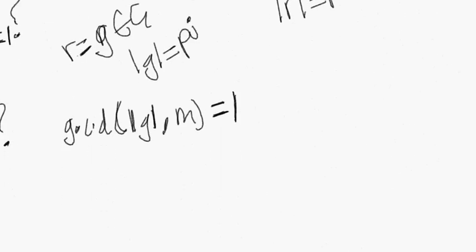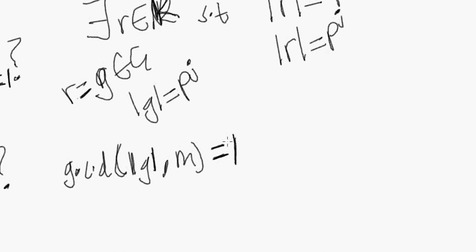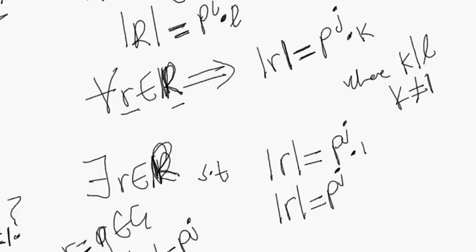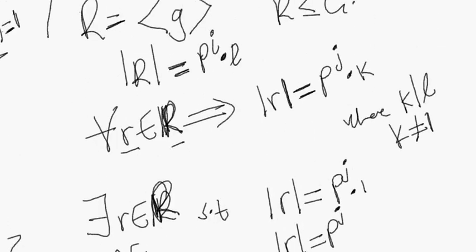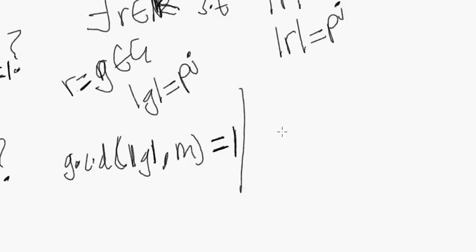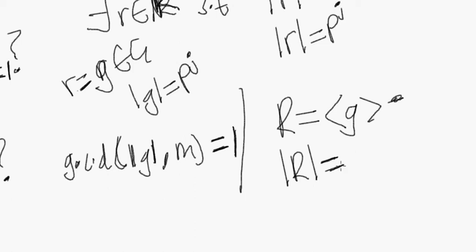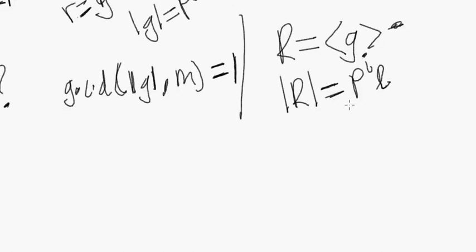So again, does there appear to be a problem with this argument? No. So what is this telling us? This is telling us that, if we now look at our new group R that we formed, a cyclic group generated by g, it has order such that the order of R equals p to the i times L, where L is a divisor of m. One thing we're able to find from this entire exploration is that, look,